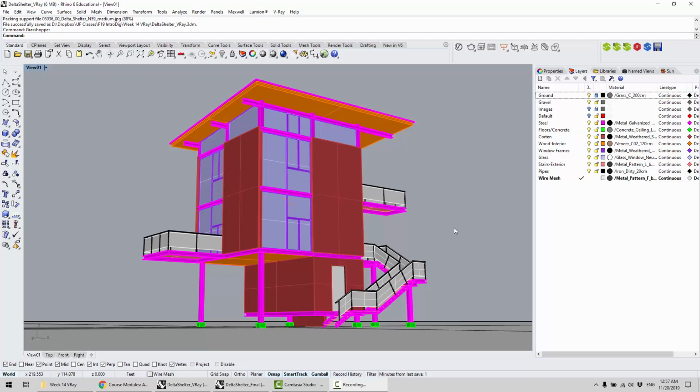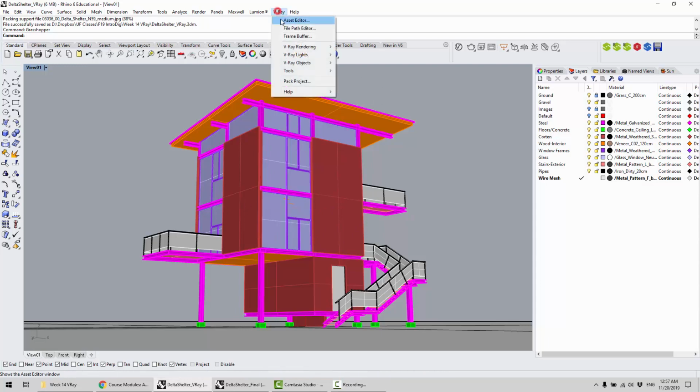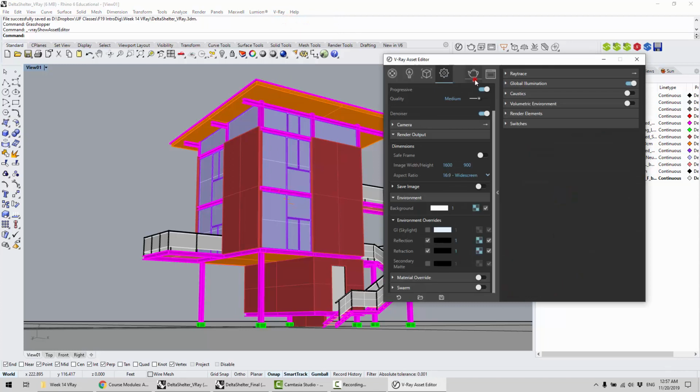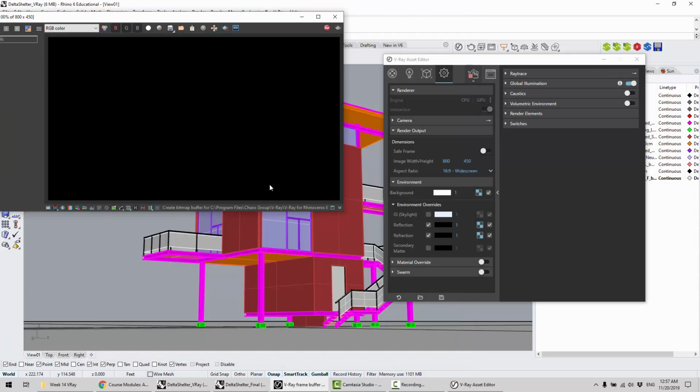Alright guys, in this video I'm going to run through a couple of things to try as you develop your V-Ray rendering for project 2. I'm going to show you first a couple of modifications I made to this model, just to use it as an example. As I started doing a couple of renderings, I realized that I wasn't too happy with